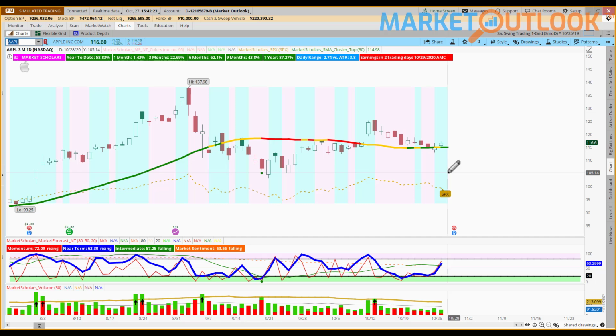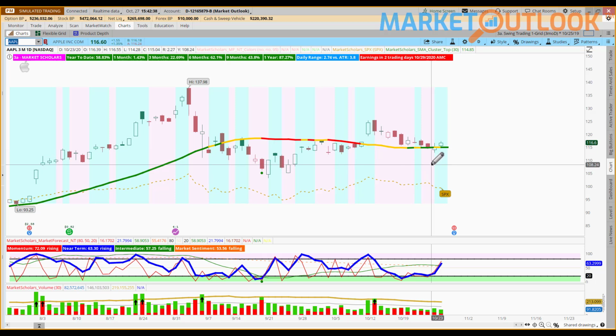Now, part of the reason I was interested in this is we did have what was known as a Kaholt pattern right here, with yesterday being the low day. Today we closed a little bit above the high. So for those of you that have never heard of Kaholt before, it's basically an acronym, stands for close above the high of the low day. This is the low day. Today we closed above the high of that low day. Yesterday's high was 116.55. Today we finished a whopping 5 cents higher than that,